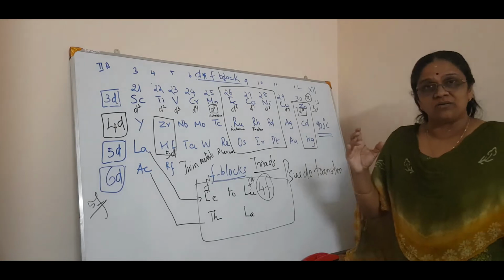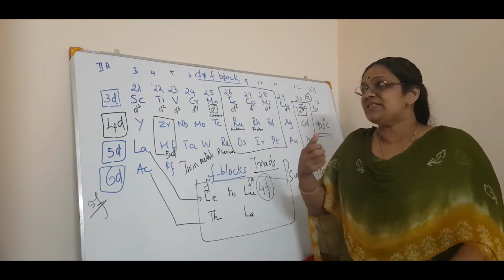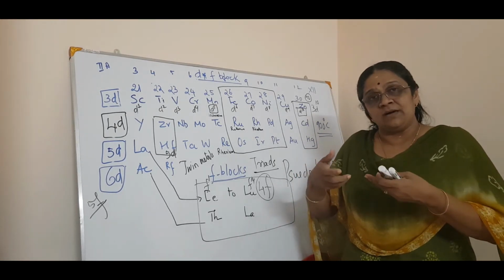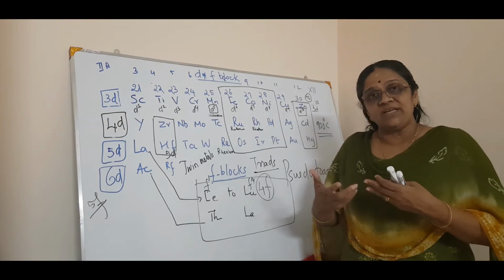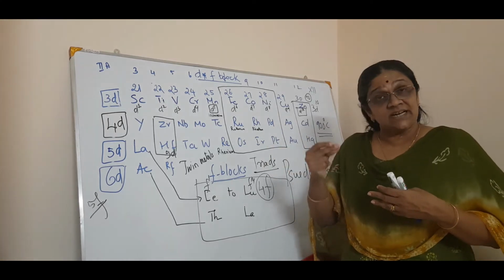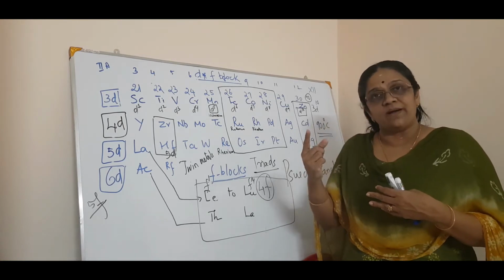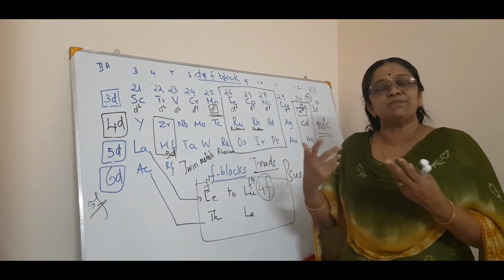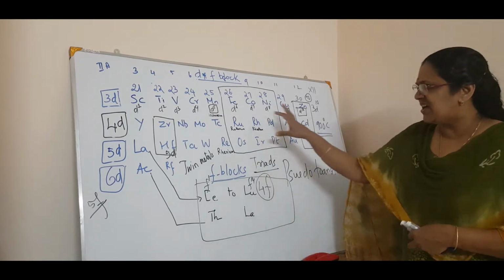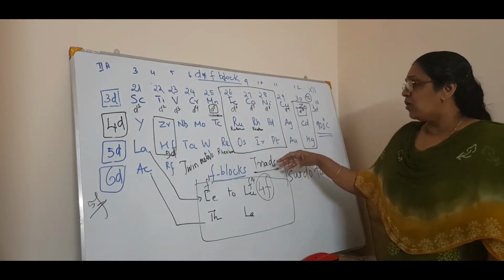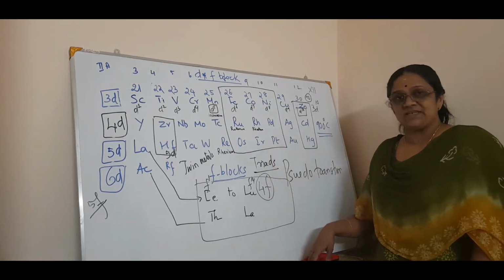What is d block? Because you have to have a hang of it. Otherwise, when you get into the configuration or the properties, if I say chromium, suddenly you have to remember the electronic configuration. Yes, it is 3d5 4s1. Why? So all those things come into the picture. So these are some of the things we have to cover in the intro of the d block elements.